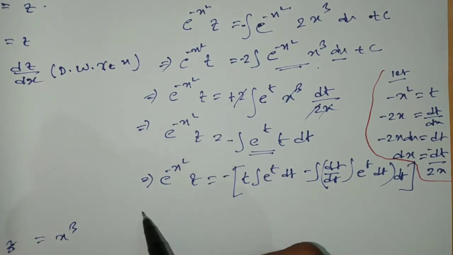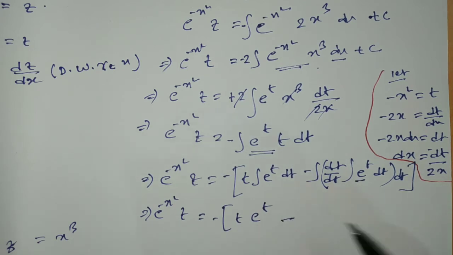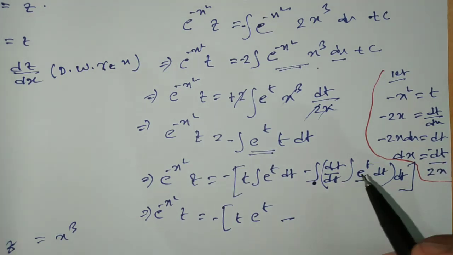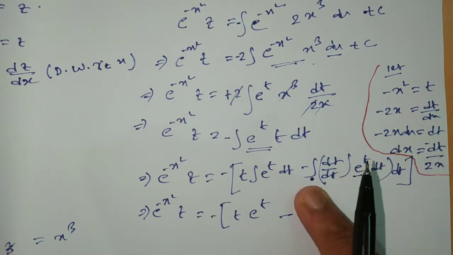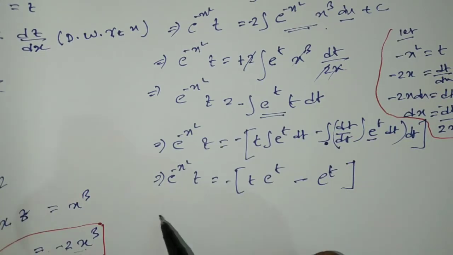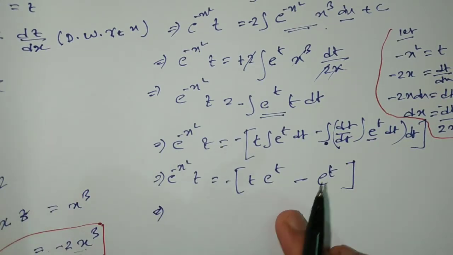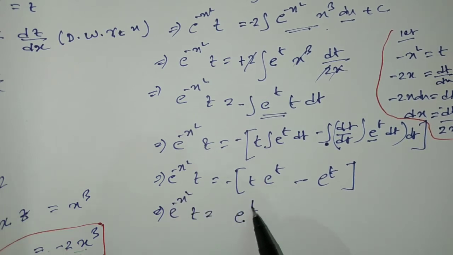So now, t will be equal to e to the power minus x square z is equal to t e to the power t minus the integration of e to the power t, and after doing another integration, see here, dt by t is always 1, because the differential of a function with respect to the same function will be 1, and the integration of e to the power t, and again we need to integrate here, isn't it? So it will be e to the power t. I'm just going through one step, not going through a forward step. I already integrated here only. So minus x square z is equal to e to the power t, okay, minus t to the power t.